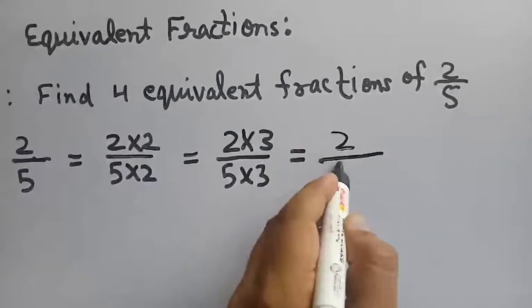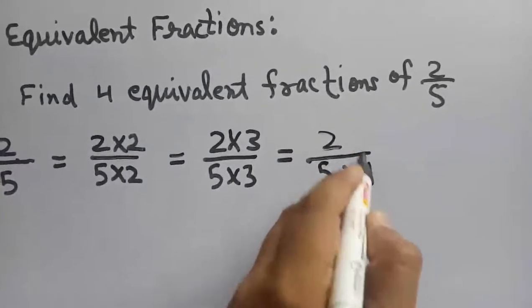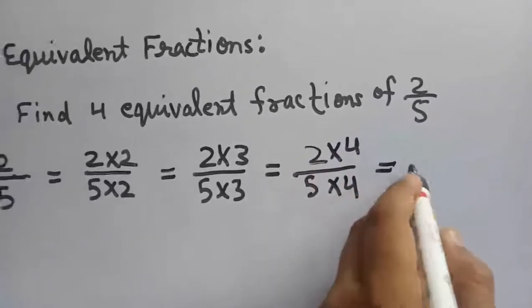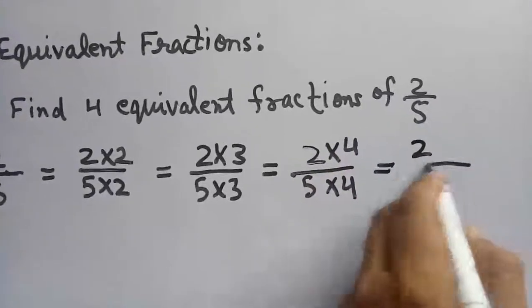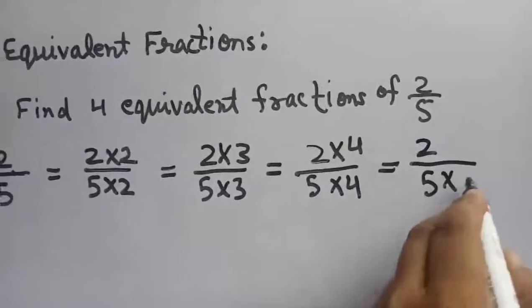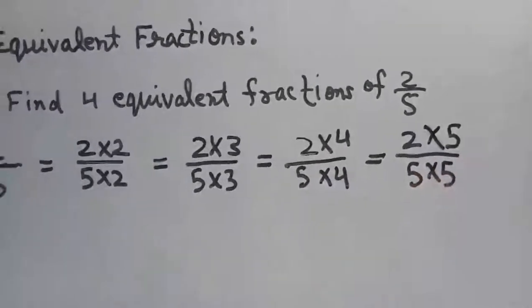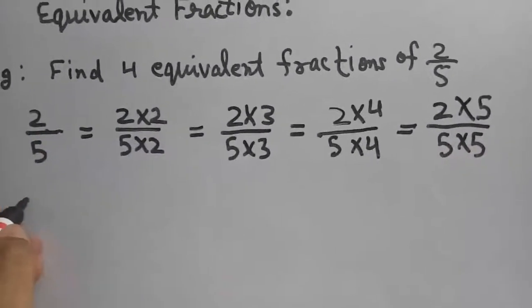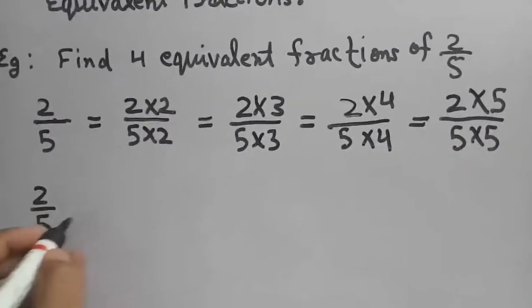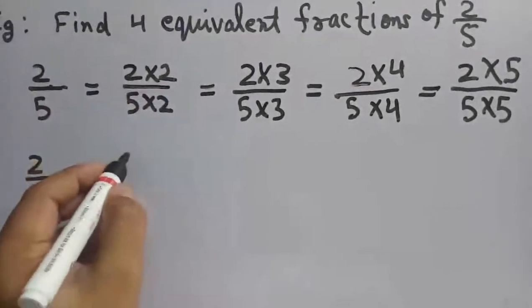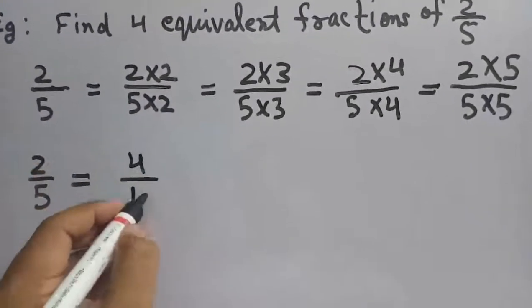Then 2 upon 5 multiplied by 4 in numerator and denominator. And the fourth one, 2 upon 5 multiplied by the next number. So the equivalent fractions of 2 upon 5 are 2 2s are 4, 5 2s are 10,